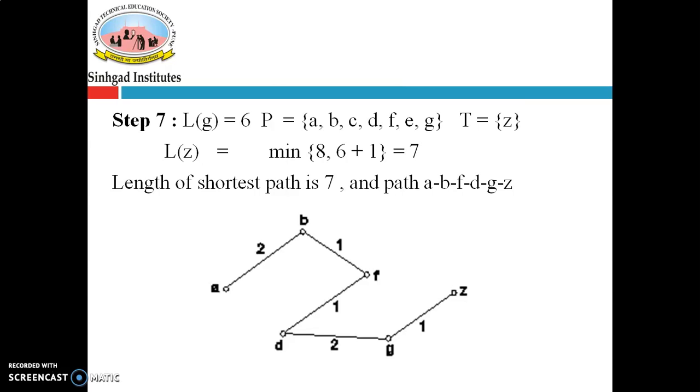So that's all about the shortest path algorithm. You can solve similar types of problems. The shortest path algorithm is giving the shortest path between the source and destination, but along with this it also gives the shortest path